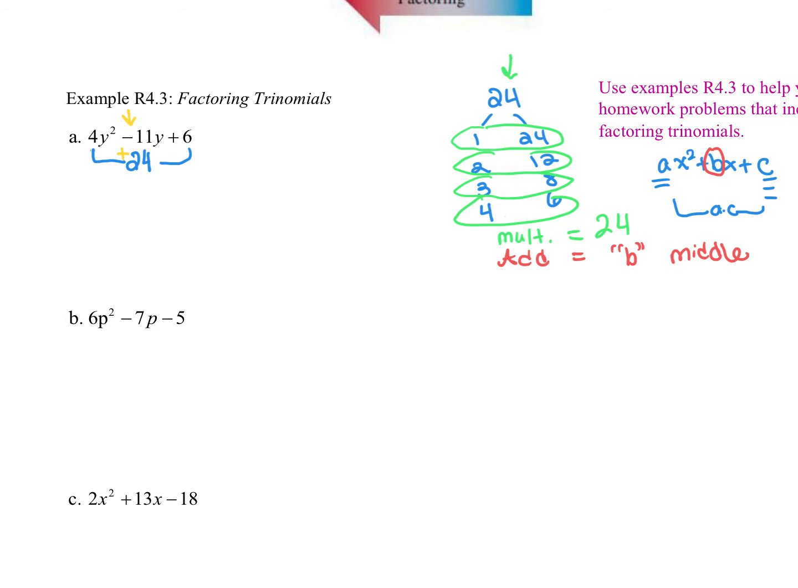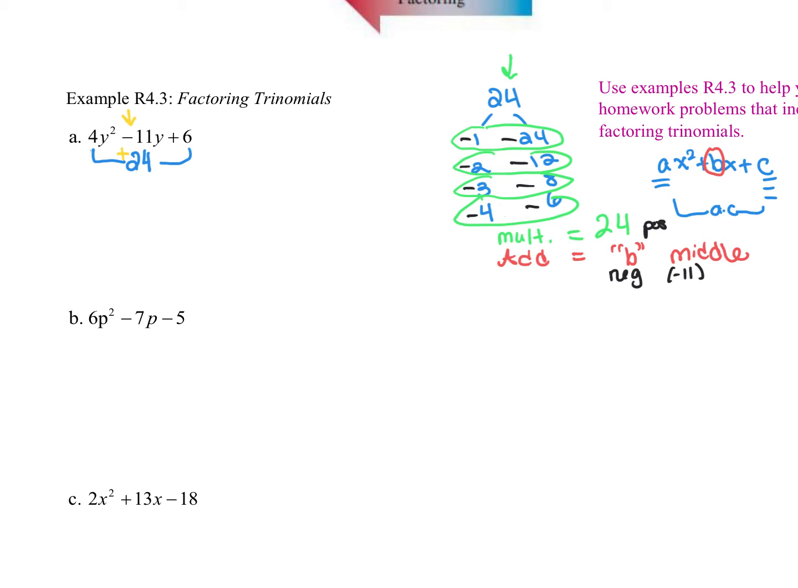So I need them to multiply, in this case, to be a positive, but add to be a negative, which is our negative 11. The only way that I can multiply to be a positive and add to be a negative is if they're both negative, because a negative times a negative is a positive, and a negative plus a negative is just going to be a more negative. So now that I have the signs written in,